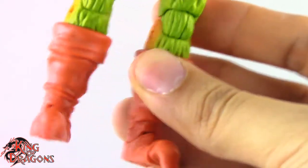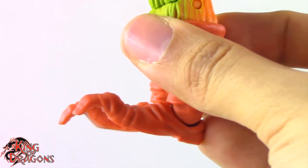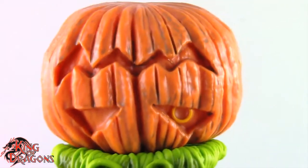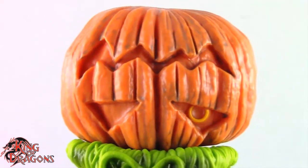I do like his shoes though. He has these really nice shoes that kind of look like pumpkin vines going down. So I really do like the costume of Pumpkin Rapper. I'm just not a fan of the way Hasbro went about this figure. So with that out of the way, guys, let's actually get Pumpkin Rapper compared to other figures you may have